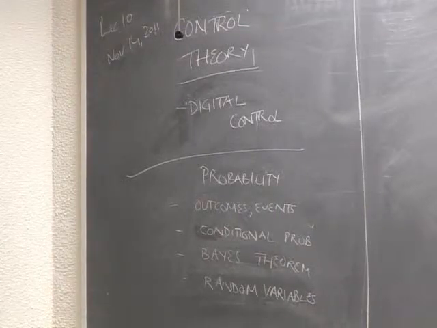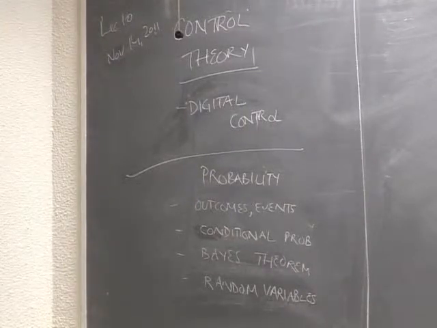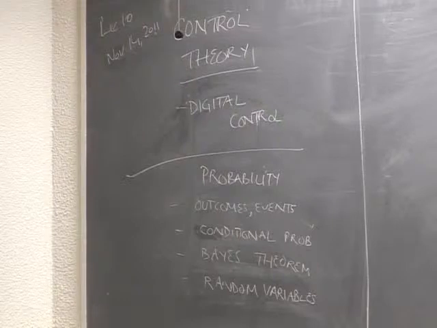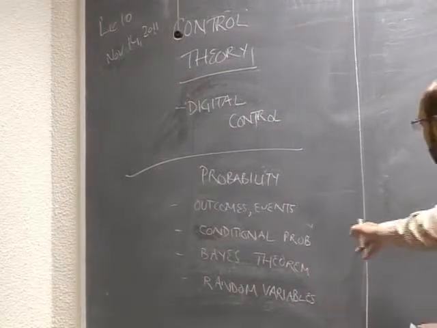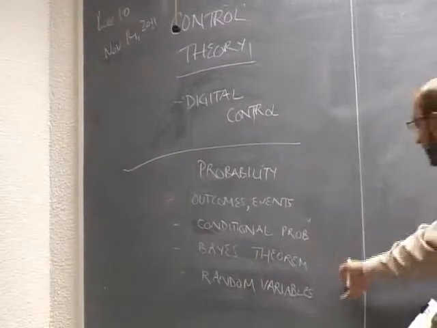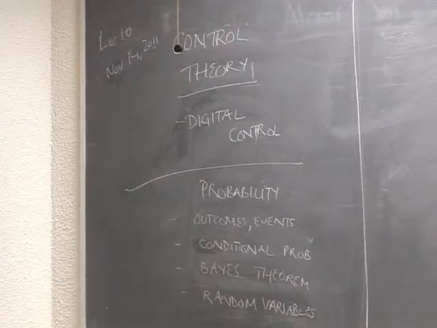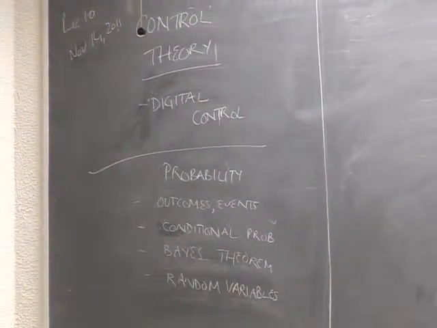I put the text online on Friday, and you've seen it. Most of the material there should be things you've seen before. You probably haven't seen the material on moment generating functions, but that's not something I want to actually cover. The two things I really want to cover in some detail are, or three things: conditional probability, random variables, and joint probability. I'll just go over the basics and spend most of the time today talking